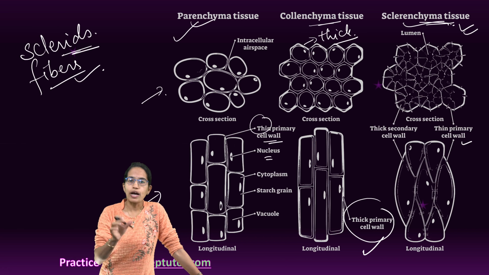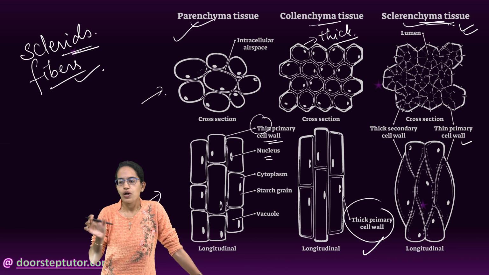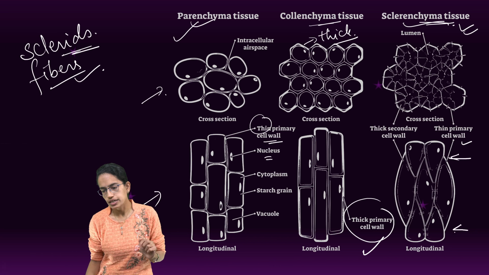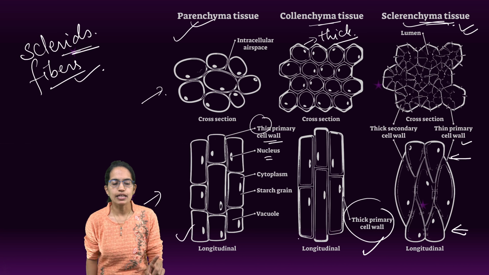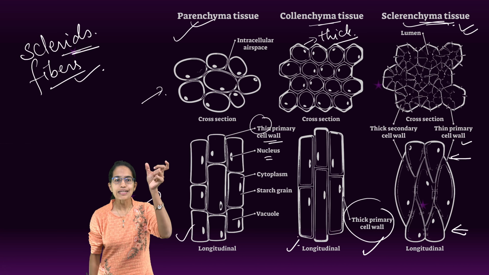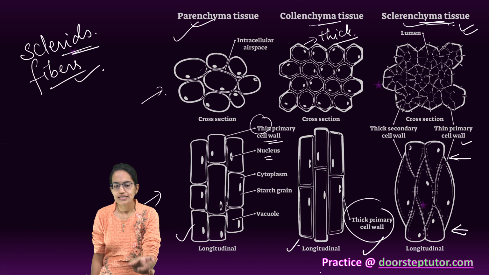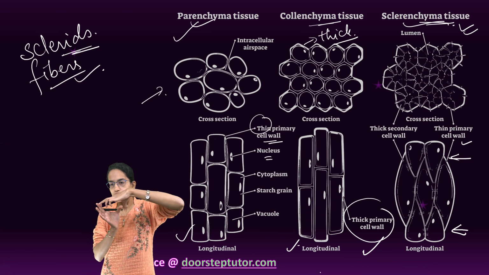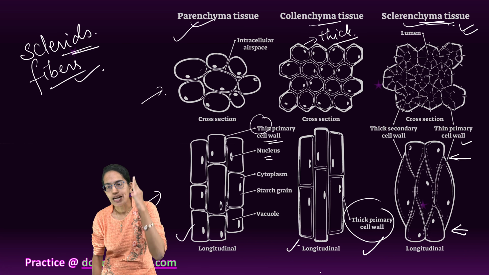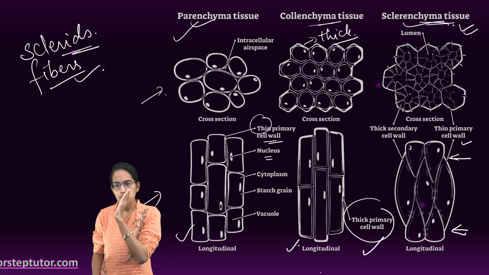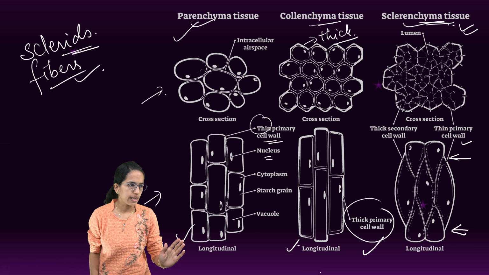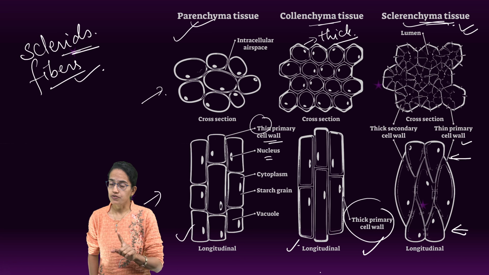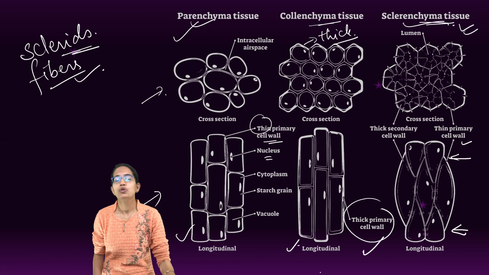Fibers are elongated, narrow, and they taper at both the ends. As you can see in this diagram, they are tapering. However, neither the parenchyma nor the collenchyma are tapering. They are rectangular pieces, as you can see in the cross section and the longitudinal section. However, sclerenchyma tapers at both the ends. So that is a classic characteristic which makes it different from parenchyma and collenchyma. So we are all done with supportive tissue. We have completed protective tissue and supportive tissue.